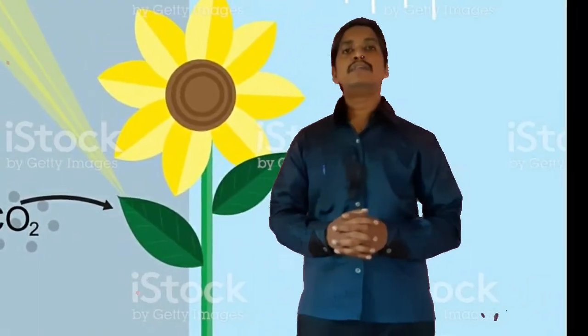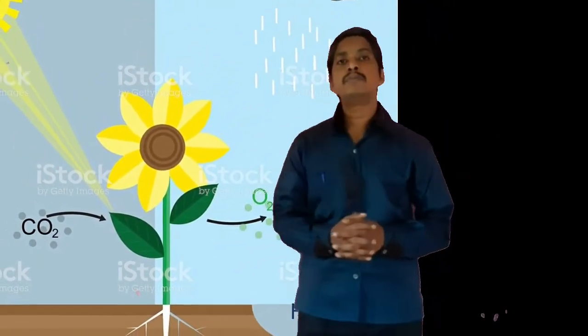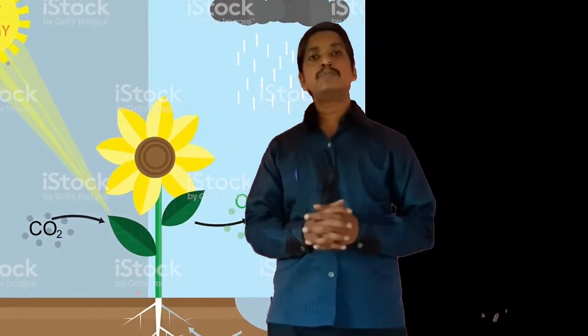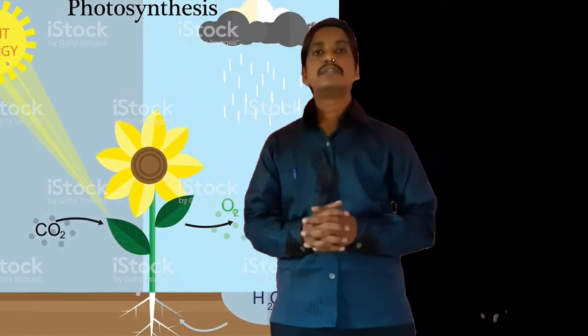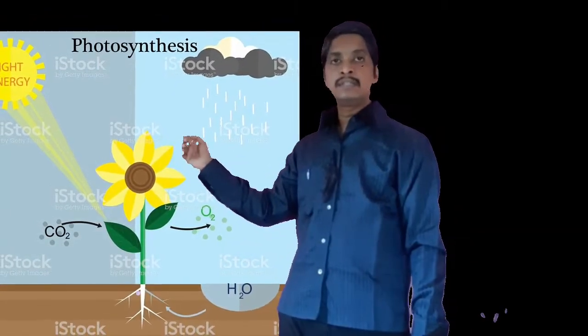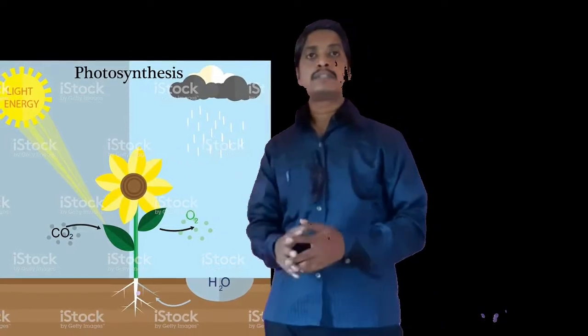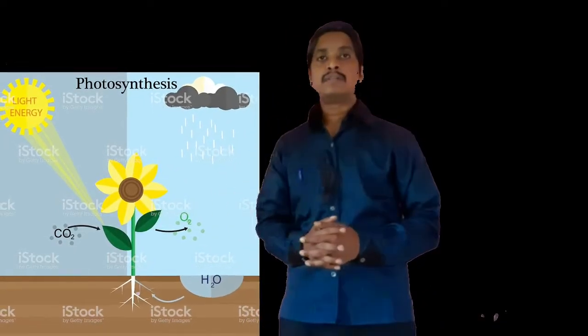Last part is the function of the leaf. The main function of the leaf is to produce food. Green plants produce food with the help of the photosynthesis process. In this photosynthesis process, with chlorophyll, food is made in these green leaves, and this food is carried to the other parts of the plant with the help of these veins.